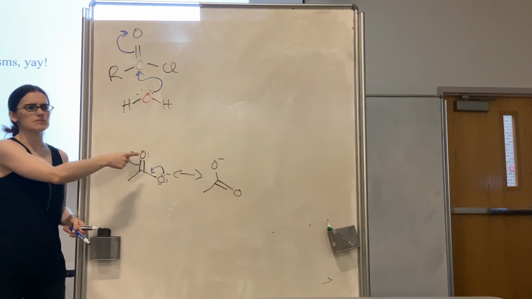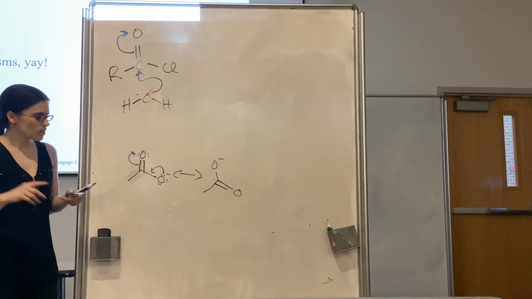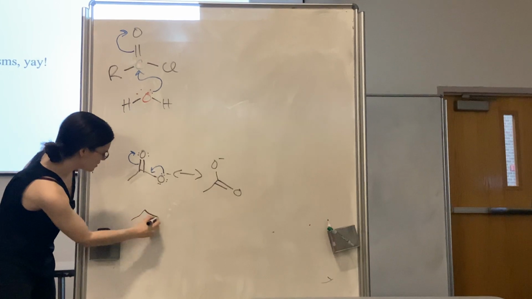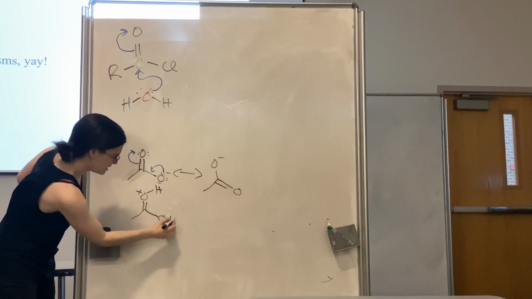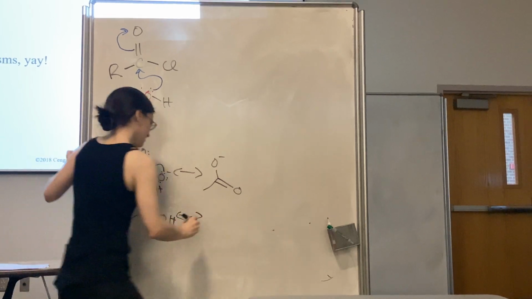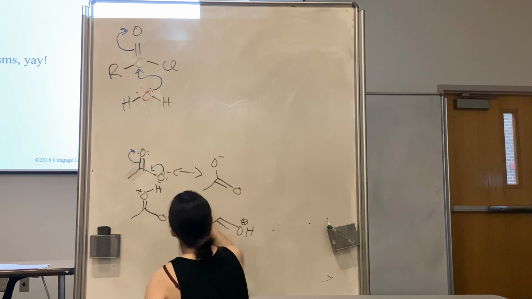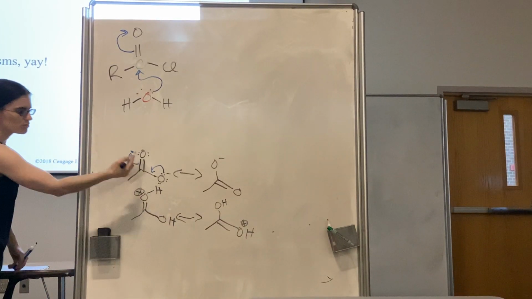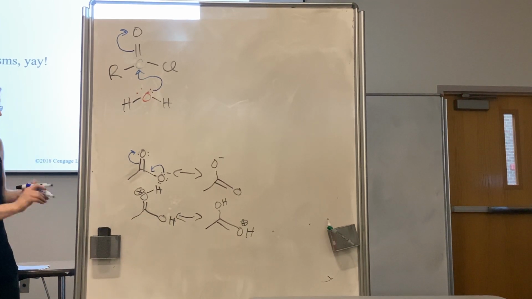So if we had one of these labeled in basic solution, now both of them are labeled, or honestly, if it's in acidic solution, then you can have either way, you can't really tell the oxygens apart. And then if you have